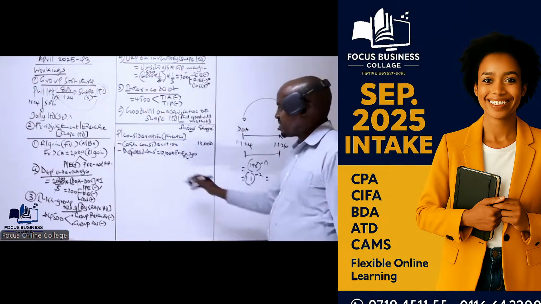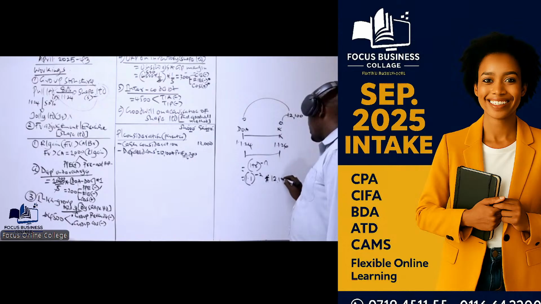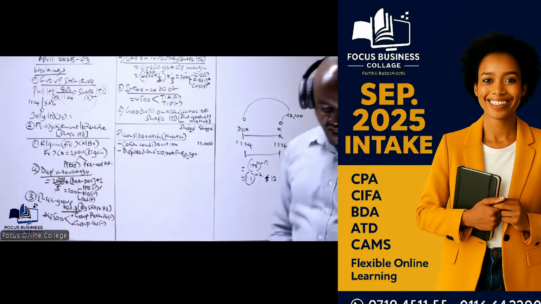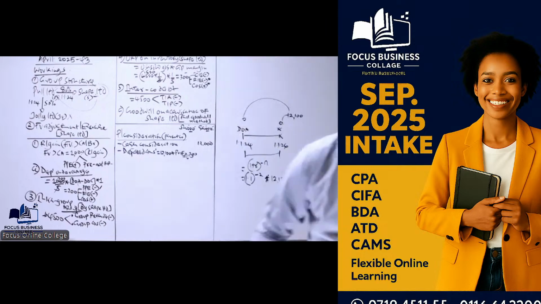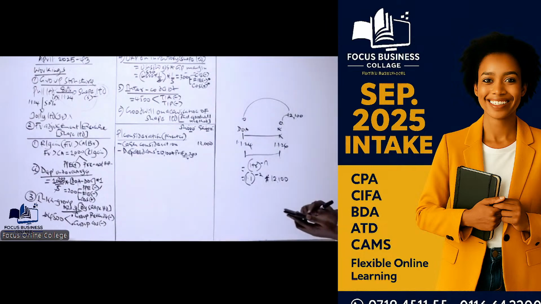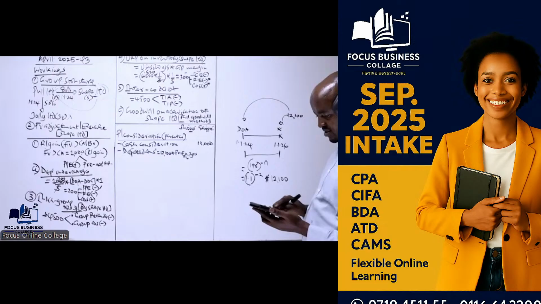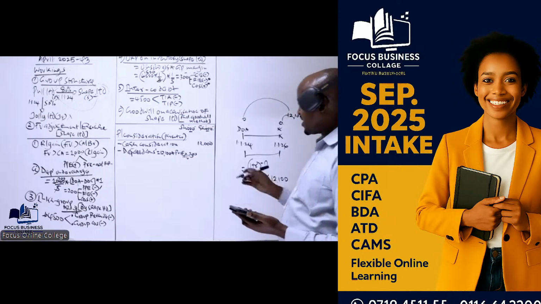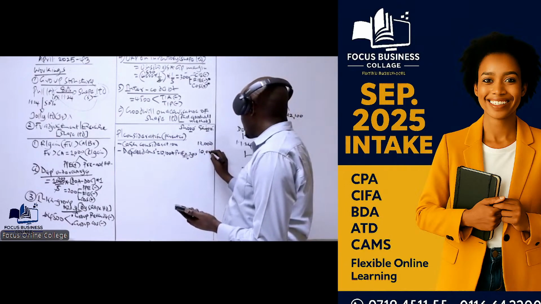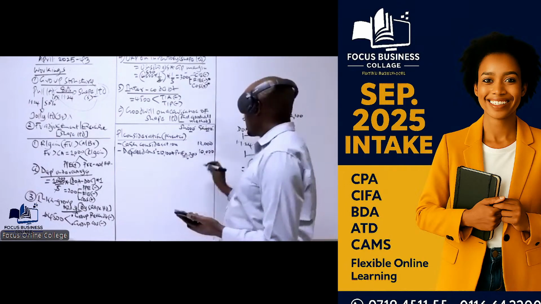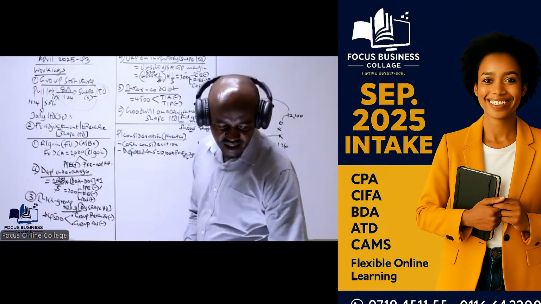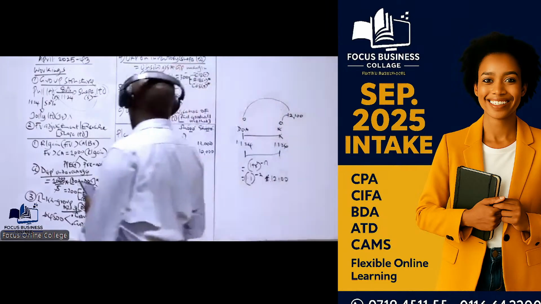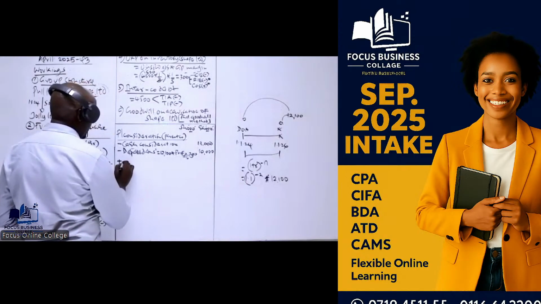And then basically we multiply that with 12,100. So that will give us a value of how much? 1.1 raised to power negative 2 times 12,100. And that will give us exactly an amount of 10,000. So that is basically how we deal with the deferred consideration. Then to this, because we are using the full goodwill method,